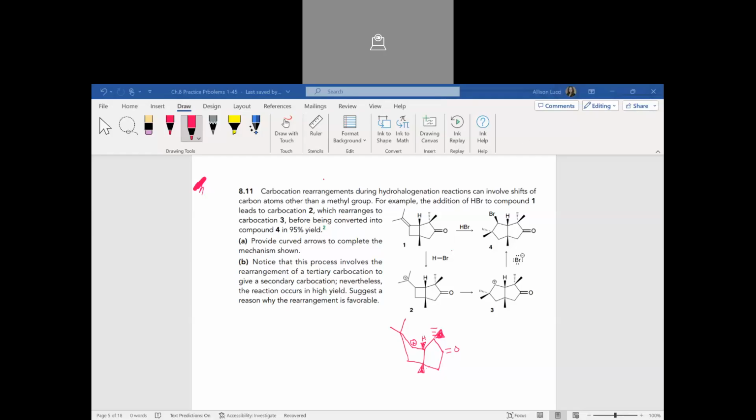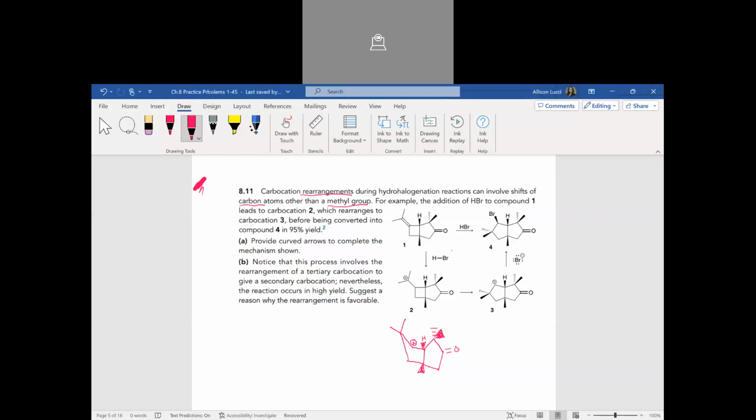In this next problem, we are given some information regarding specific types of reactions that have carbocation rearrangements, where shifts occur other than methyl groups. So carbon atoms can be rearranged in a way other than where we might be used to. The methyl group and hydride shifts that we've seen in the past are rearrangement problems that we looked at previously. But we're going to see here, when we have this alkene, this double bond attacked by our HBr,